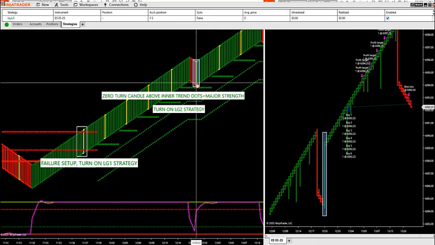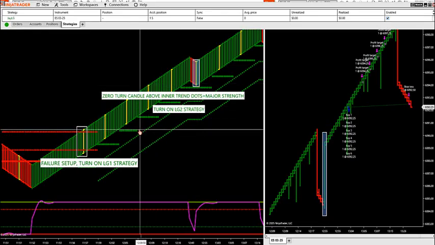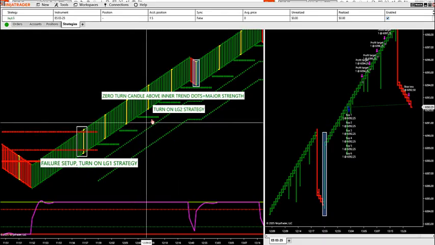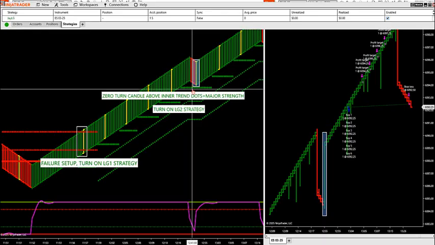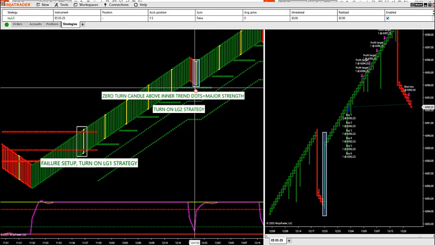If it's zero turn candles like this and this, I'm going to go over a zero turn candle. This is the best setup you're going to get in the trading room. If you want to cherry pick trades, when to turn this strategy on and manage positions, there's one way to do it. If you are green and we're in an uptrend, and we finally get a first retracement, a red retracement, and it holds above the inner dots, and we don't close more than 2 candles below these inner dots before it gives you a yellow trigger entry,